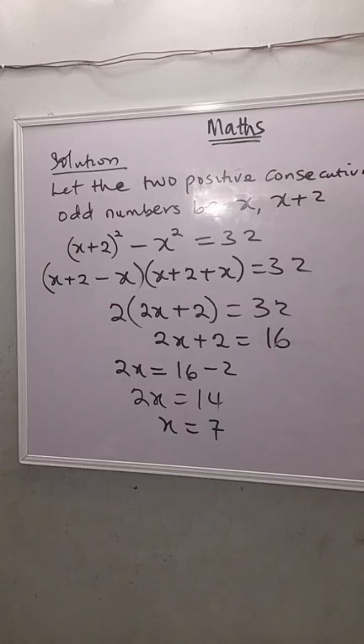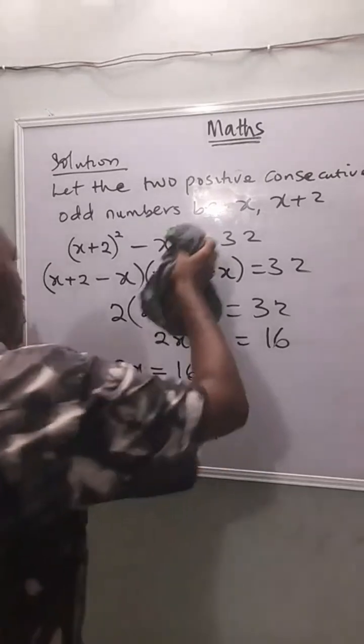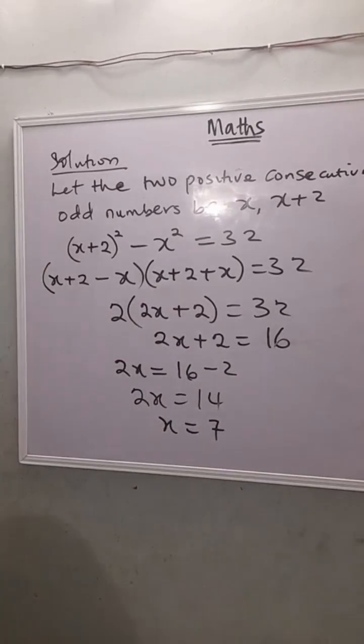So the first odd number is x. The second one is x plus 2. Now that I have gotten 7, the odd numbers will be found out like this. I'll clean the board now, and I will conclude this question in a few seconds. Without wasting much of our time, you will agree with me that